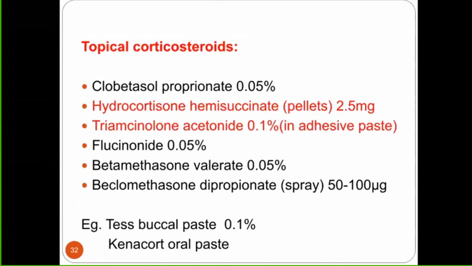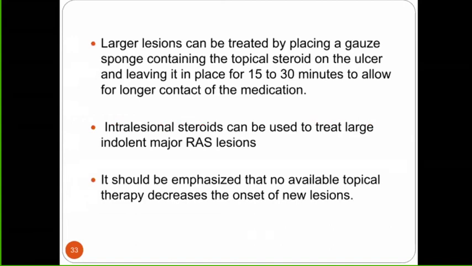Triamcinolone, and the brand names are Tess, Buccal Paste, Kenacort. Okay, so these two are more commonly used, and they are given as a form of topical application. Either the patient can put it on the finger and apply, or he can take a cotton swab and then apply over the lesion. Fine, the larger lesions can be treated by placing a gauze sponge containing the steroid, and then you keep it near the ulcer for 15-20 minutes. Intralesional steroids can also be given, because when you have very large ulcers, you can directly